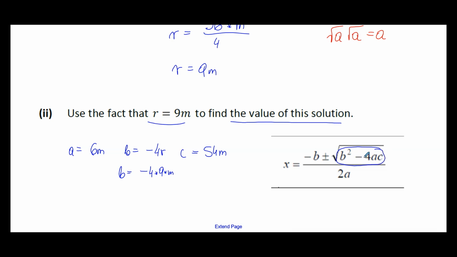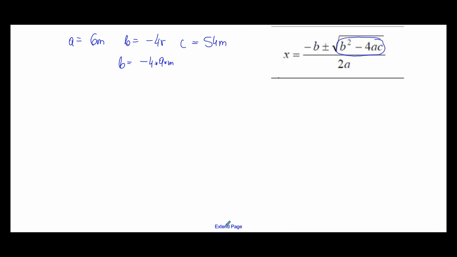I can bypass it because I know that if I replace b and a and c with these values here, I am going to get 0 here. That's what you will get. If you are curious, work it out. But we can say that since that is 0, then minus the value of b is what? Minus 4 multiplied by 9 multiplied by m, right? And then on the bottom of the fraction, I have 2 multiplied by the value of a, and we said that